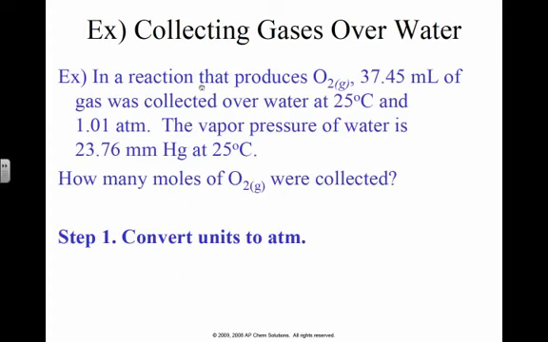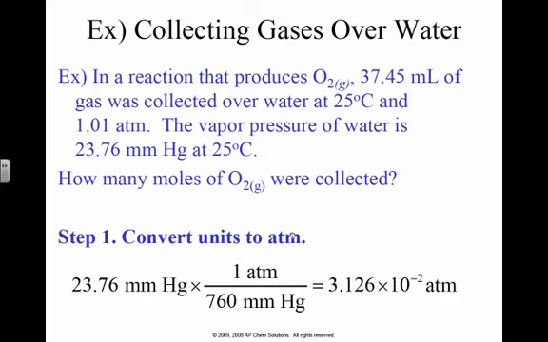So in a reaction that produces oxygen gas, 37.45 milliliters of gas was collected over water at 25 degrees Celsius at 1.01 ATMs. The vapor pressure of water at 25 degrees Celsius is 23.76 millimeters of mercury. How many moles of oxygen were collected? Well, the first thing I'm going to do is switch this from millimeters of mercury to ATMs. Then I'm going to take my pressure and subtract the water vapor pressure,